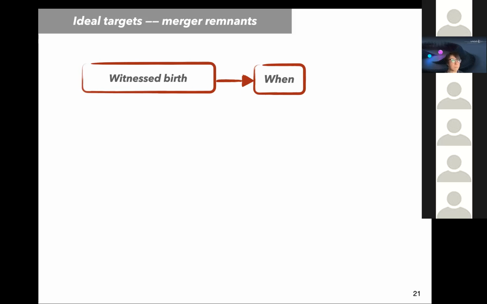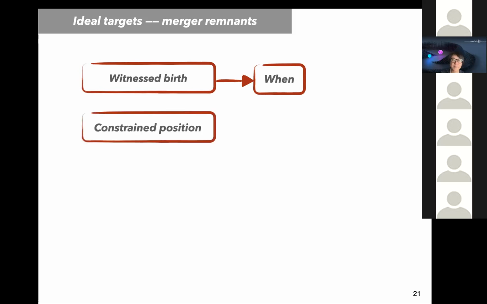So one possibility is to follow up on a remnant black hole in the next observing run for the events that were detected in the previous observing runs, things like that. The second thing is we have a well-constrained sky position from the gravitational wave observation, especially now that we have the network